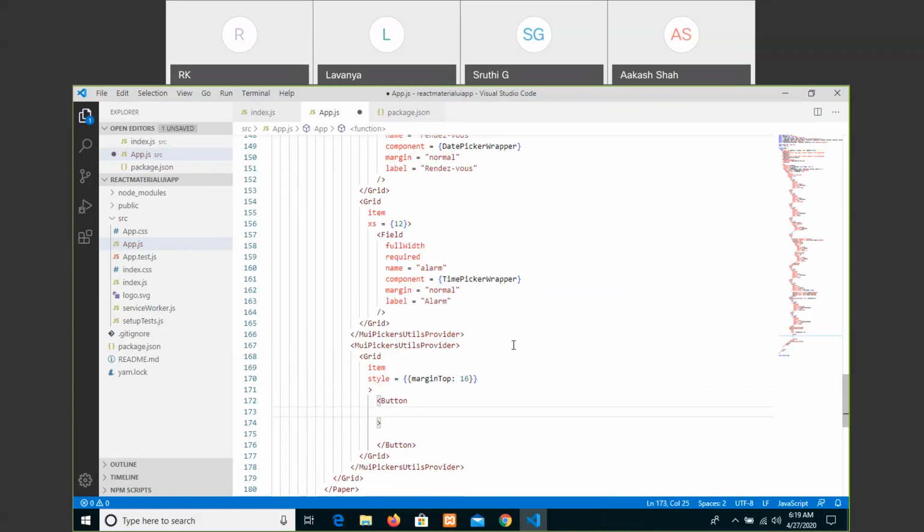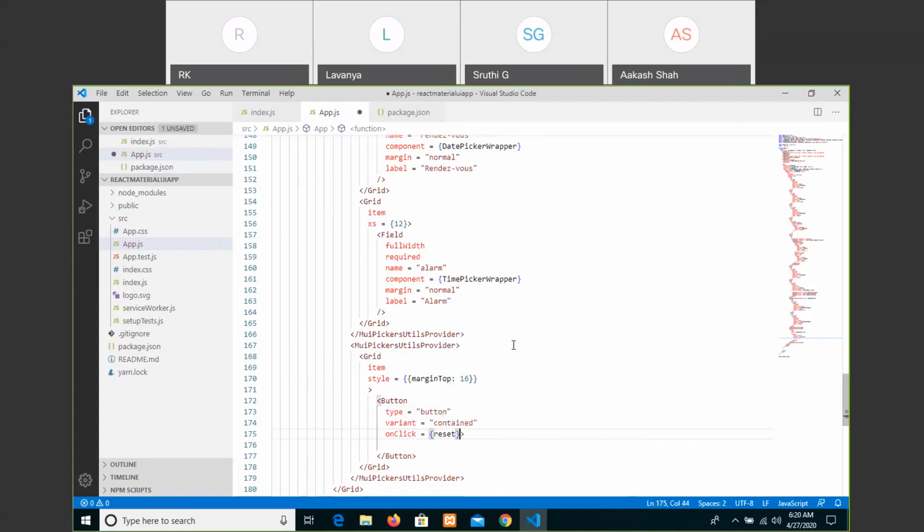Button type equals to button, then variant and that equals to contained, and then on click and that equals to reset.